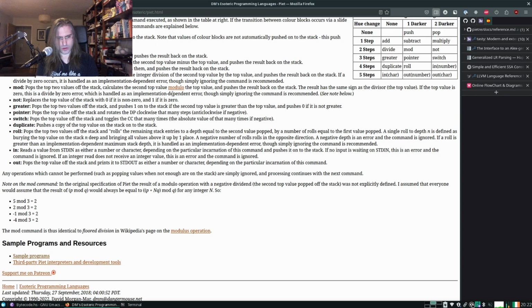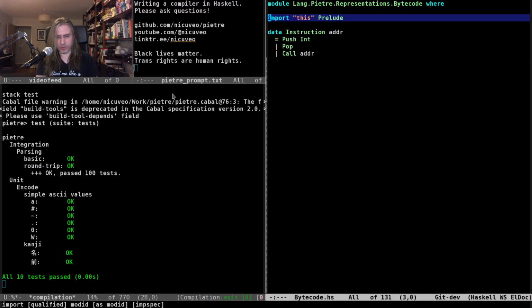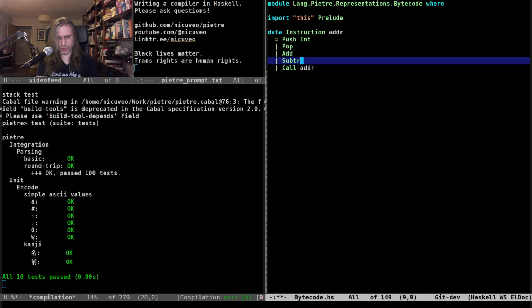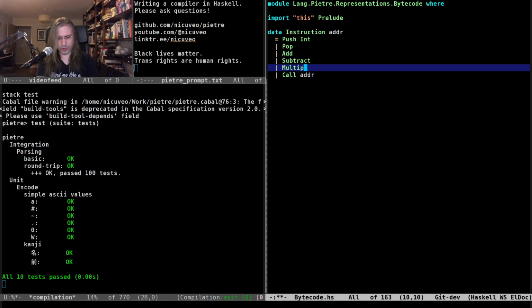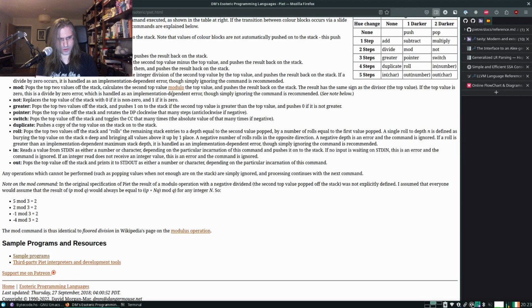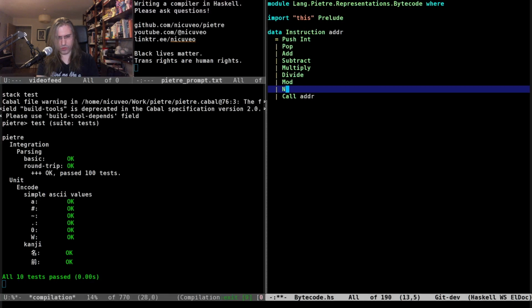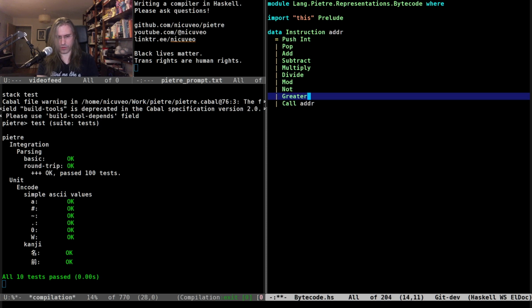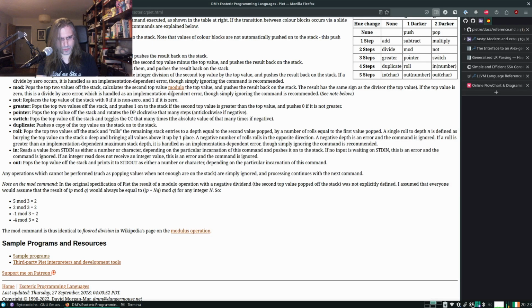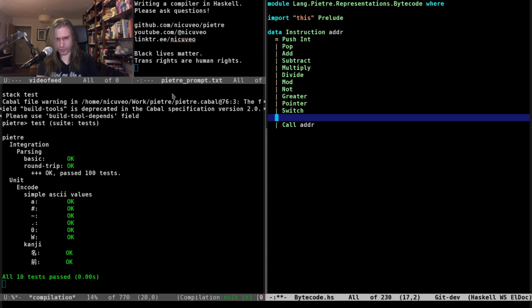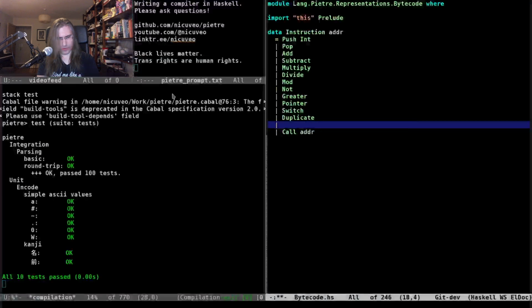There we go. So we're going to want to have one instruction per Piètre instruction. Add, subtract, multiply, divide, mod, not, greater, pointer, switch, duplicate, roll.